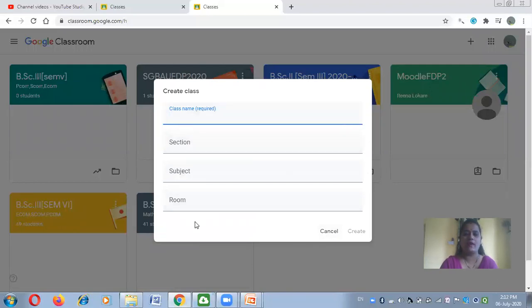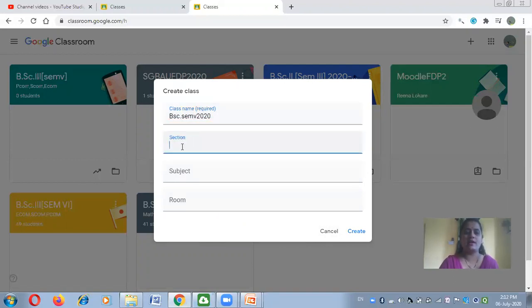Four fields are there: class name, section, subject and room. Only two of the four fields are required: class name and subject. You specify the class name like BSc Sem 5. I want to create Sem 5 2020.